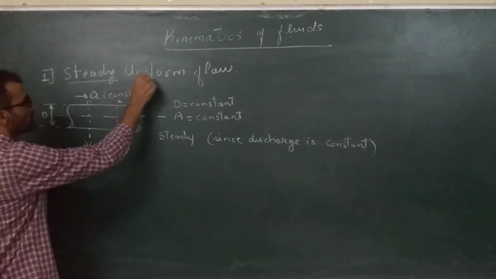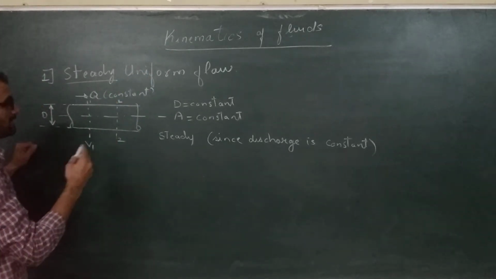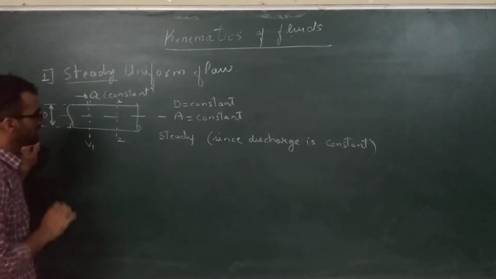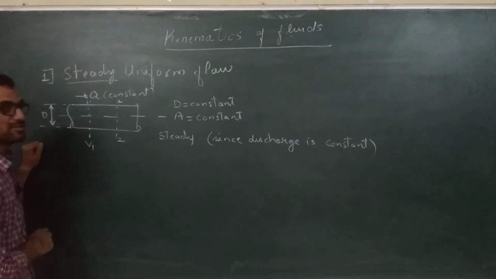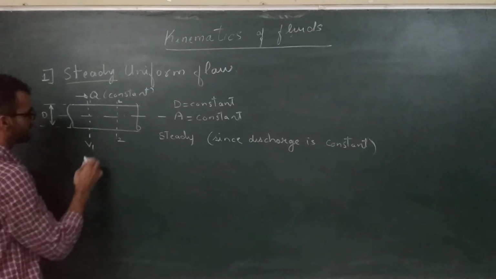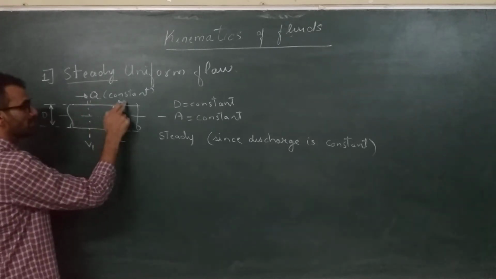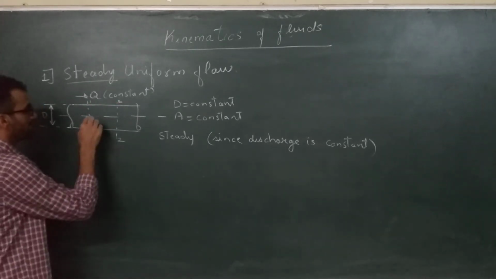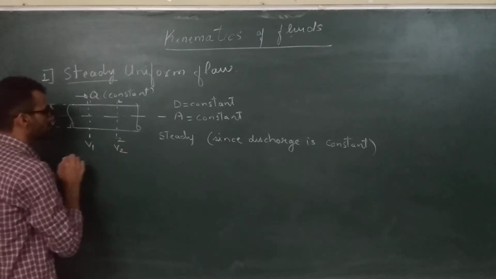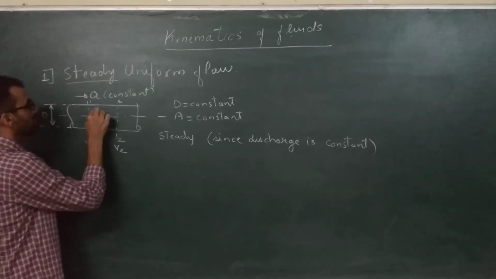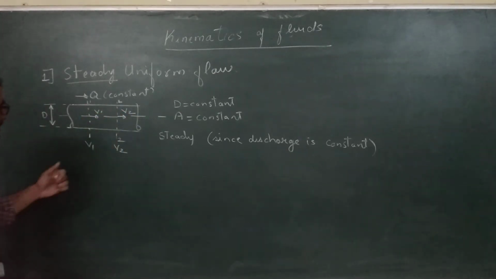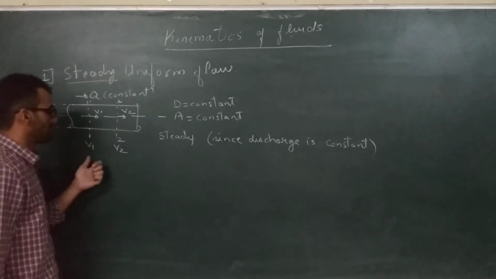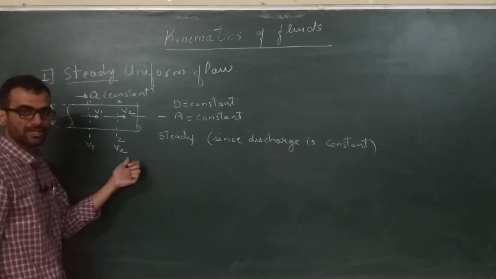Now how is this flow uniform? Let us see. Take any instant of time, let us say right now. At this instant of time, is the velocity changing with space? Let's check at two different locations. This is location 1, location 2. Here this is V1 and this is V2. Now are these velocities the same or different? So how to see that?